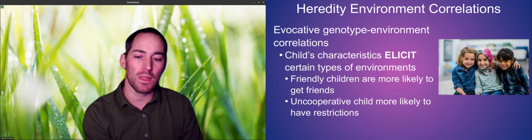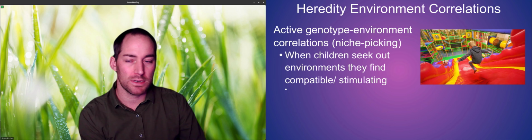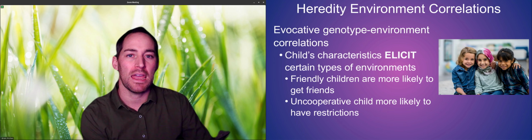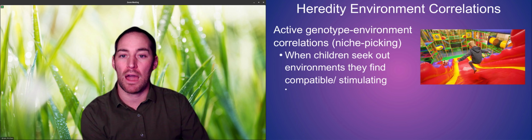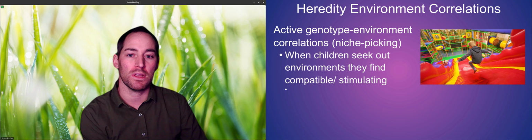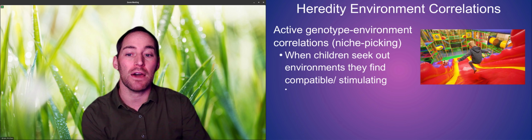So, or uncooperative child. So this one is a little bit different. So we have the evocative, the behavior of the organism is changing the world around them. This one now, active genotype environment correlations. This is niche picking. When a child or an organism seeks out an environment that is compatible or stimulating for